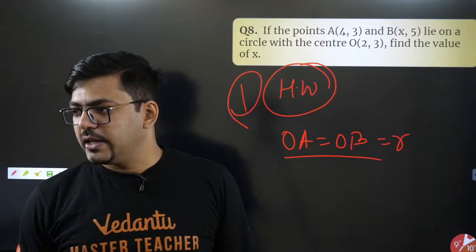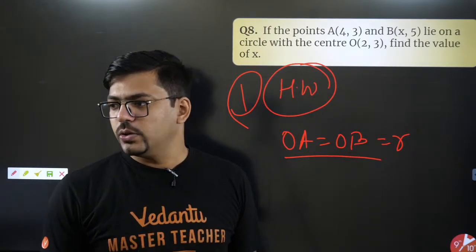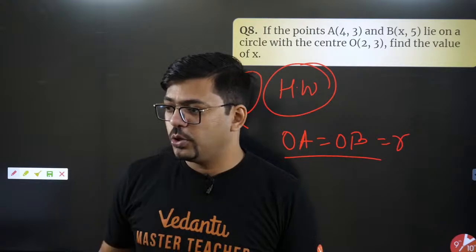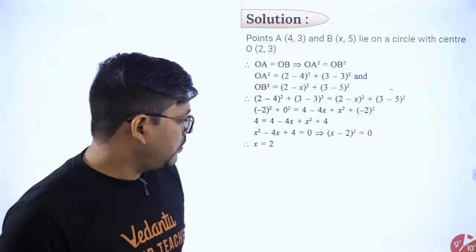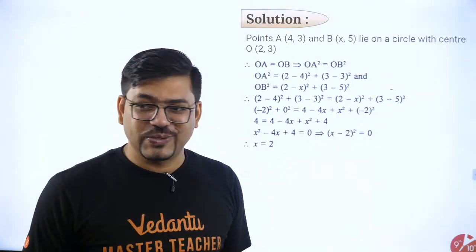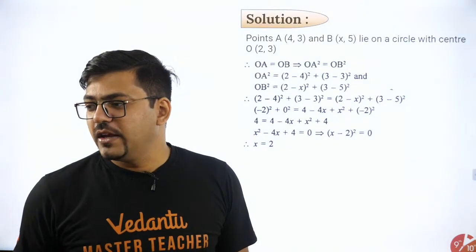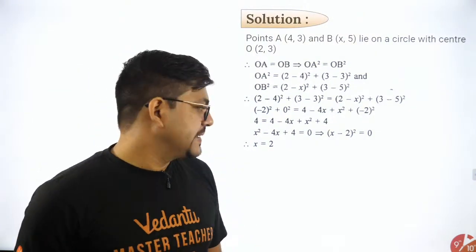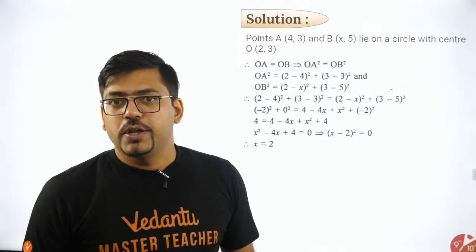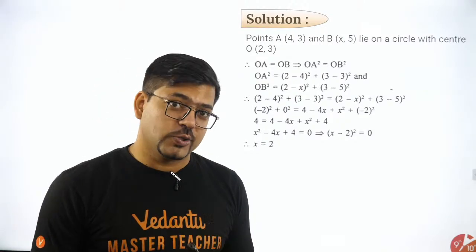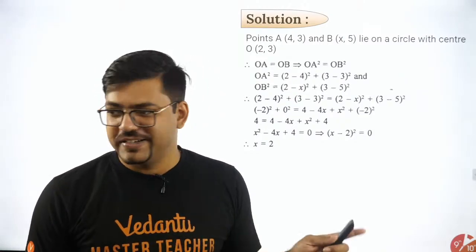Rahul is giving the answer 7. Okay, Rahul, I don't know, maybe he might be right, he might be wrong. But let's see whether he is right or wrong. Rahul, the answer is x equals 2. Anyways, Vedika, no, the answer is not 7, the answer is 2. x equals 2. So people, you have to solve this on your own. This is your homework. Don't miss it.